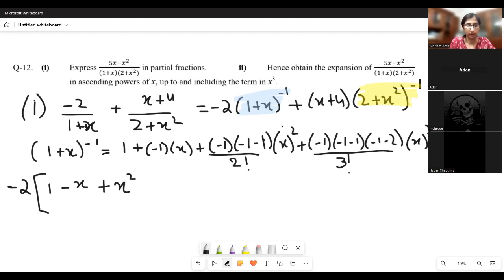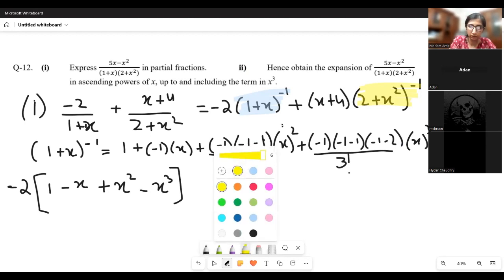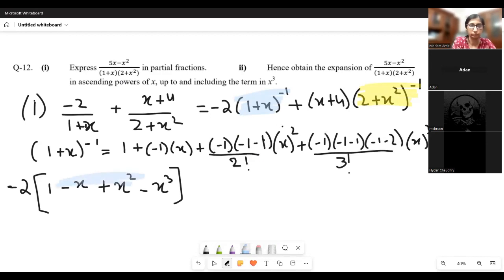And then we have minus 1 times minus 2 times minus 3 divided by 3 factorial. We're getting minus x cubed. So we have expanded this. Then